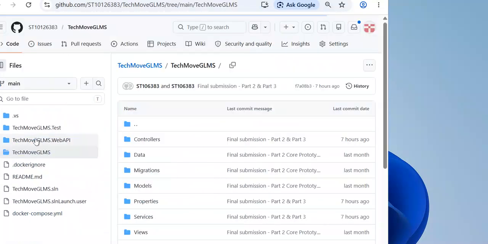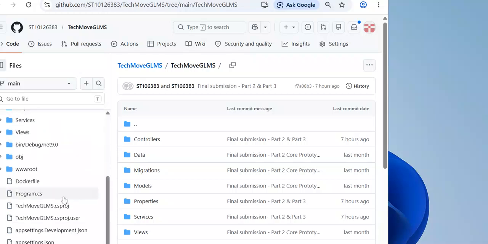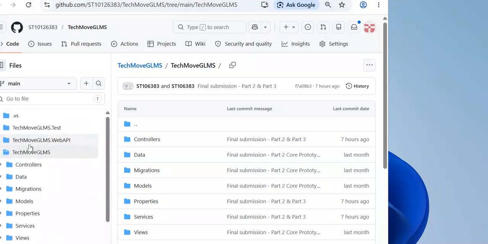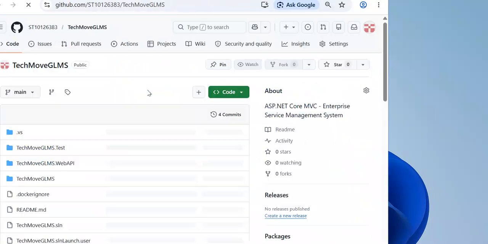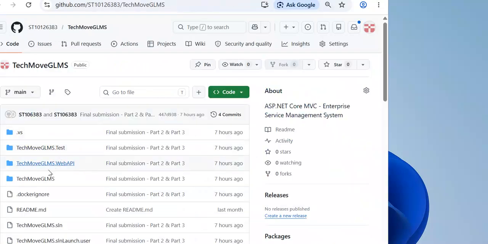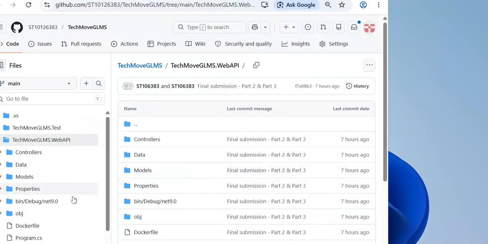Then if you open this, you have your Docker file here, right? And then I'll just go back again. Look where I'm going. Okay, my bad. Right, and then my web API. I also have my Docker